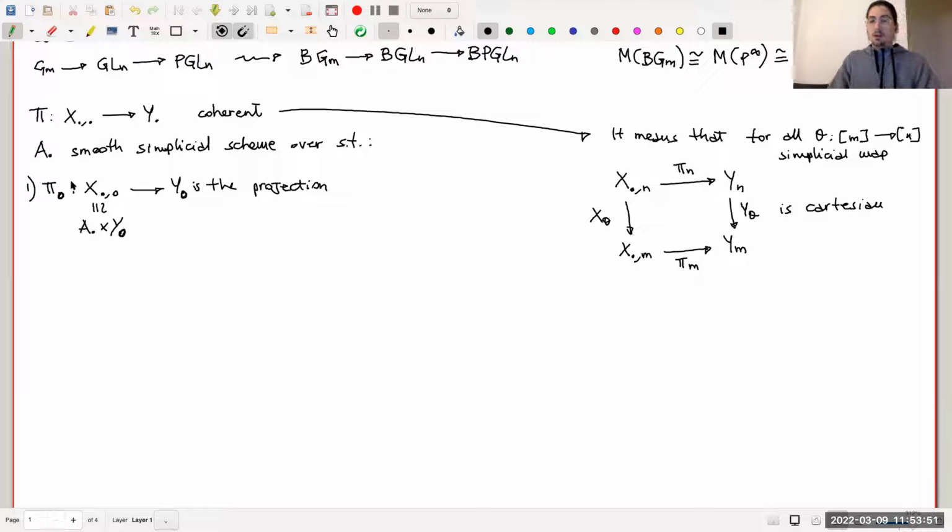Okay, then notice that I'm asking that π_0 is the projection, but essentially since there is this coherence behind, I'm asking that all the π_i are just projections from X_{•,i} to Y_i by this Cartesian thing that I'm requiring here. Then as a second thing, I require that,